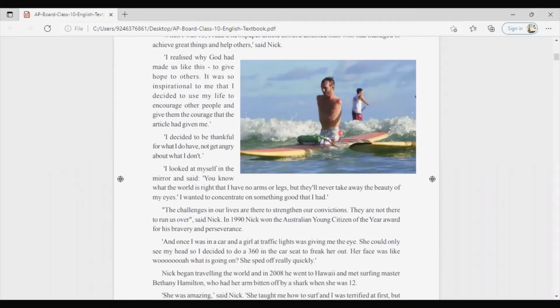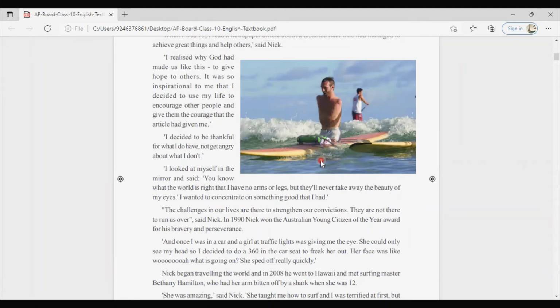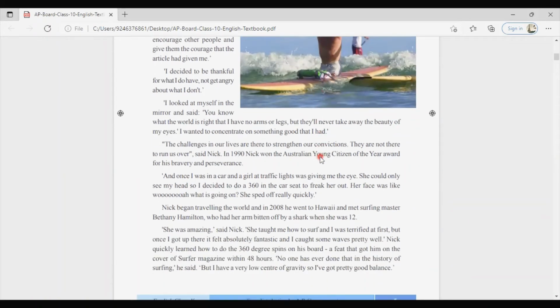He realized that he was born to give hope to the people who lost their spirits or hopes in life. He thought, when I am in such a position with no arms and legs, let me take this message to another person who is thinking or is in a depressed state. If at least one person changes, I will be the luckiest person in the whole world. You can even say that he realized that God has given him life just to give hope to others. Since then, he became a motivational speaker.